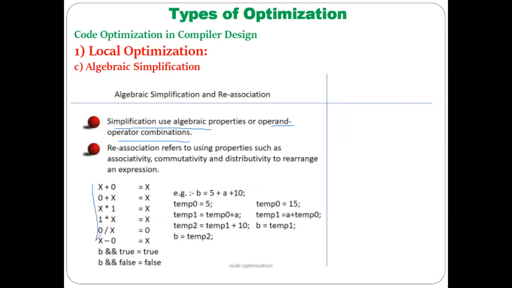For example, such kind of expression we used to write in the program code, like x equal to x plus 0. Now there is no need to write such kind of things. Directly you can write x, because adding the 0 to the x is not making any kind of sense. Or 0 plus x, also you can directly write x. So the compiler does this kind of optimization. If the programmer has written such kind of things in his program, the compiler automatically does this kind of replacement. If you have written x equal to x into 1, then it also does not have any sense. So it can be written directly as x.